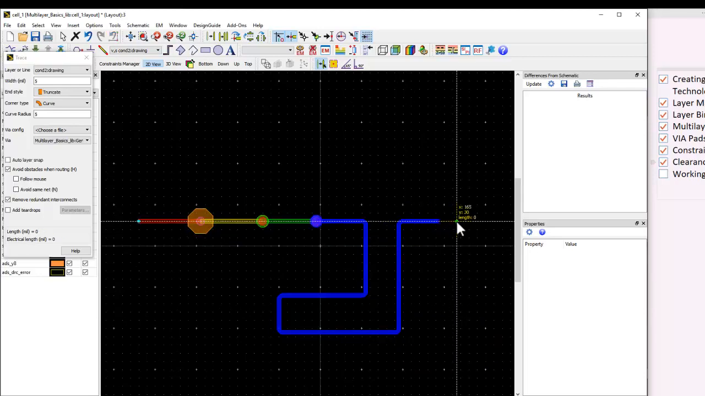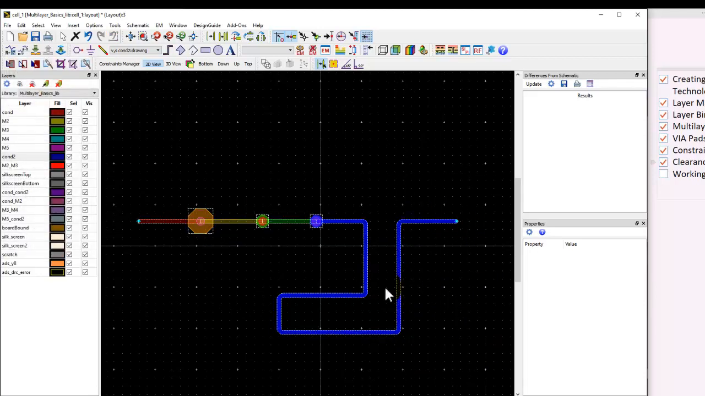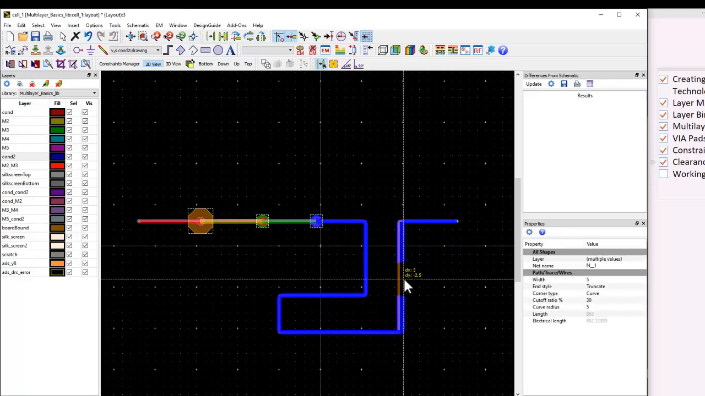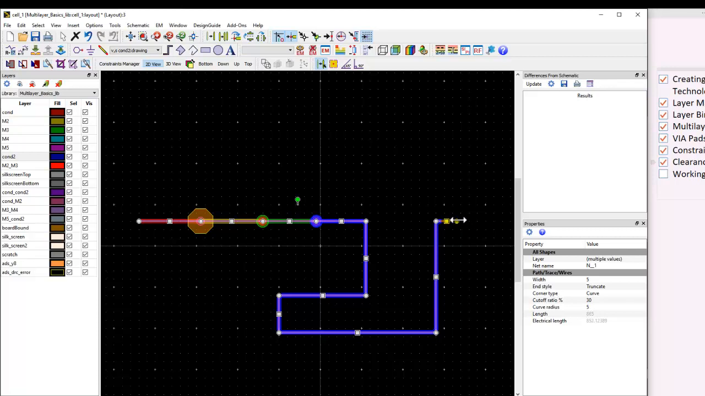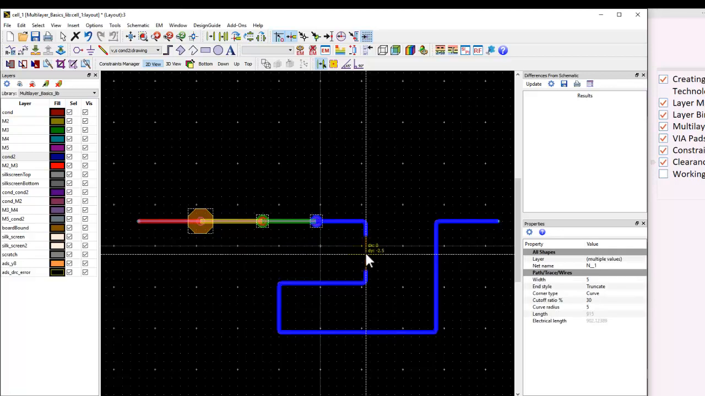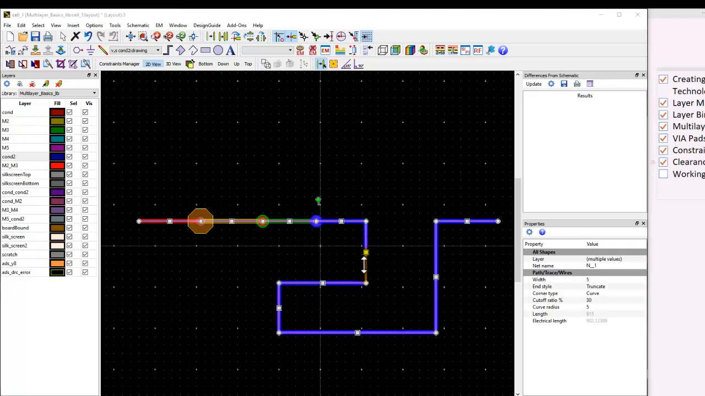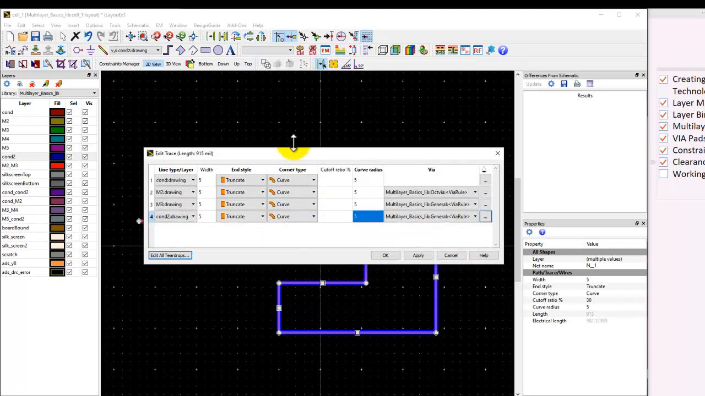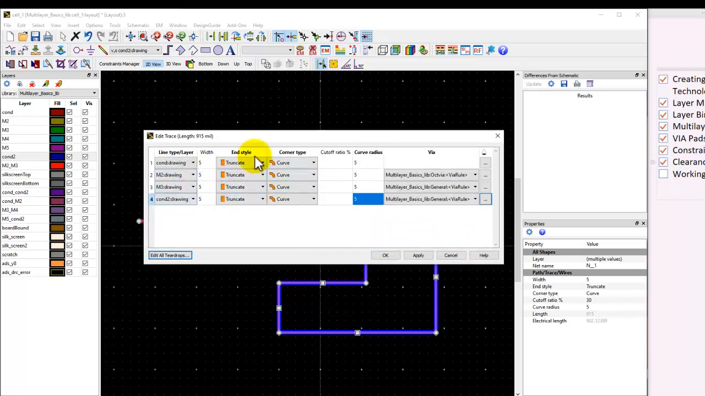All right. So once I have this trace routed, if I need to modify this trace, I can also do a single click. I can use these handles and push the different handles to different locations the way I want. And also if you need to edit some trace property, you could double click on the trace, and by double clicking, you could invoke the property dialog box,